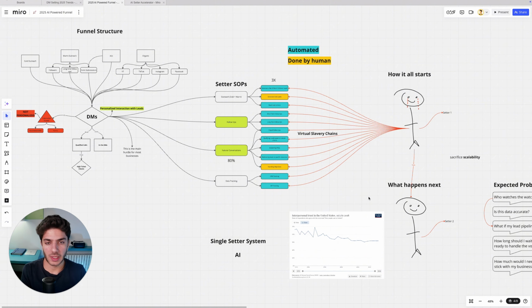Not only will you be able to scale your appointment setting process without the need to hire more setters, you will also get a better quality of conversation and of appointment setting with your leads, because you have a system that's working 24/7 and works like a robot, because it is a robot. But of course, an intelligent one that imitates your tone and has a singular goal, which is to qualify your leads